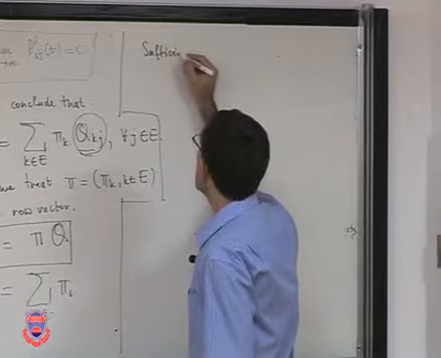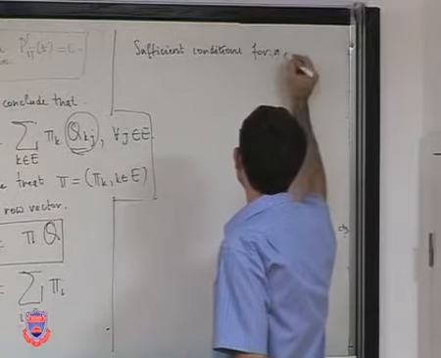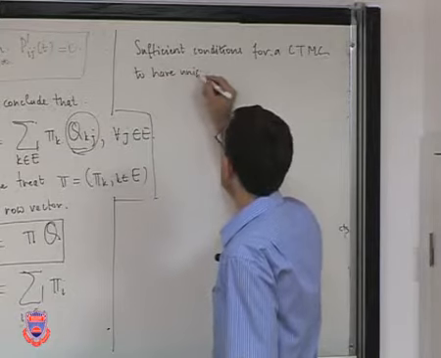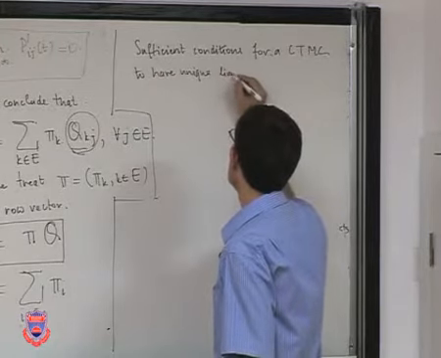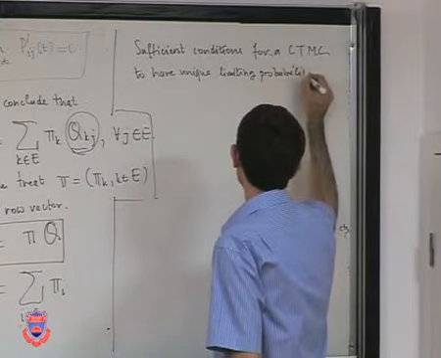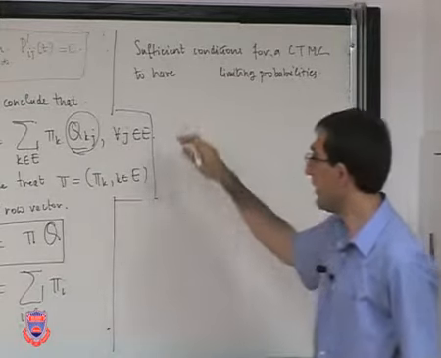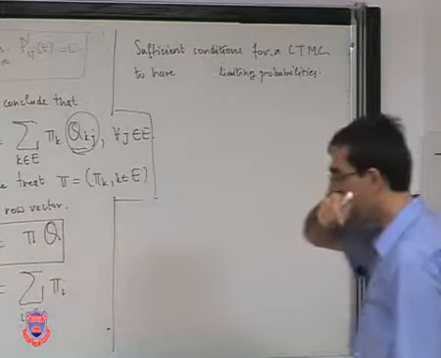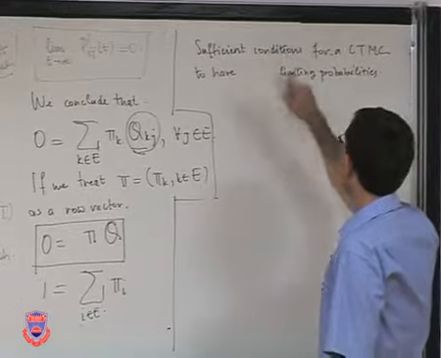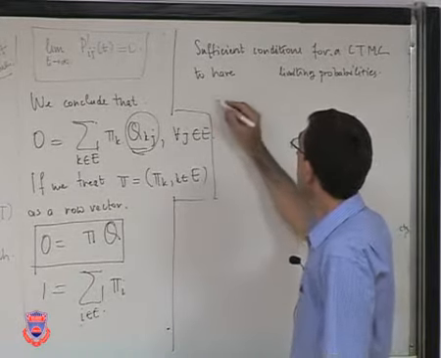Now, sufficient conditions for a continuous time Markov chain to have unique limiting probabilities. Well, I should say limiting probabilities are always going to be unique by definition, but what I was trying to refer to is that it is also going to be the unique solution of this system of equations, but I am going to come back to that. Sufficient conditions for a continuous time Markov chain to have limiting probabilities are,